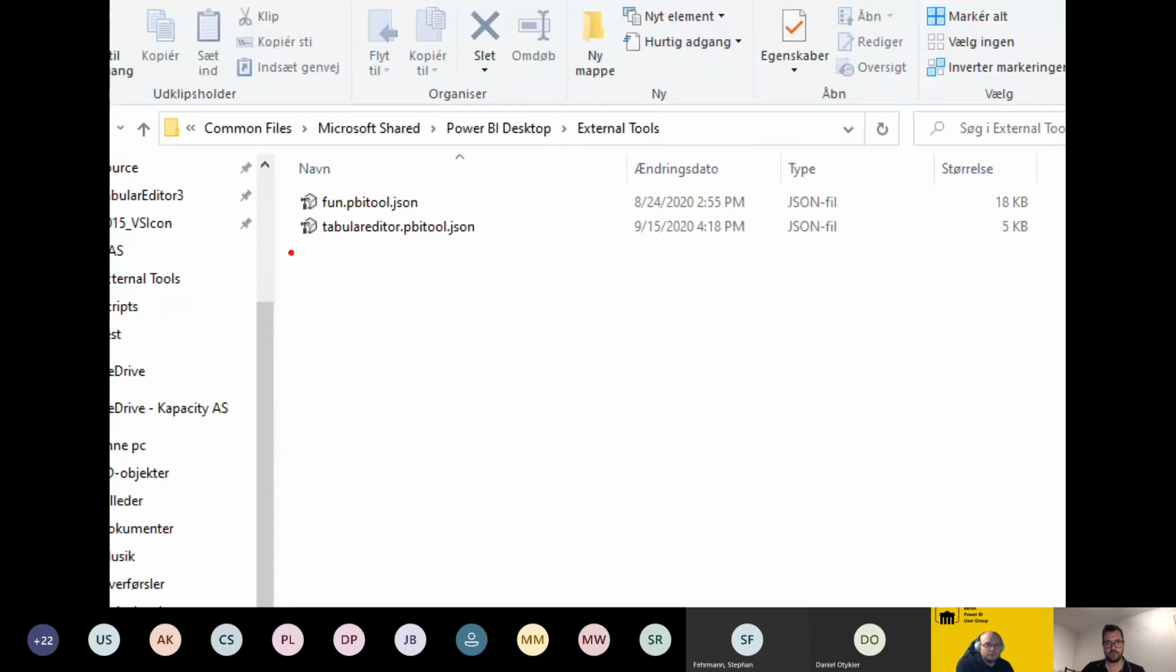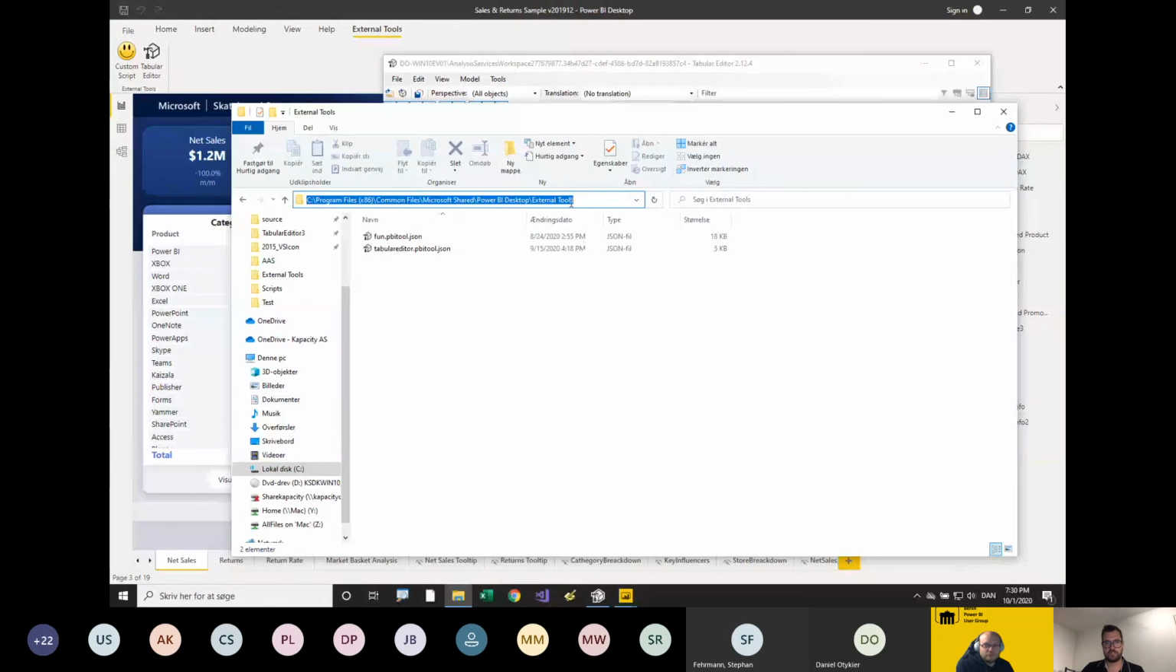You can see there are a couple of JSON files. And these are actually the files that define which tools you have in your ribbon. And let me just put the folder here in the chat. So basically, if you just delete these two files, and restart Power BI Desktop, then the buttons are